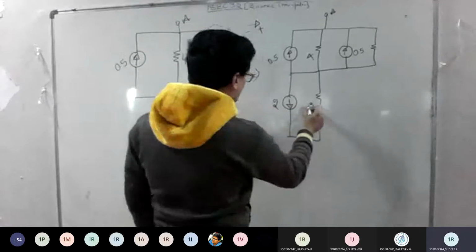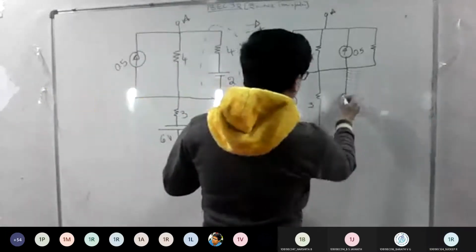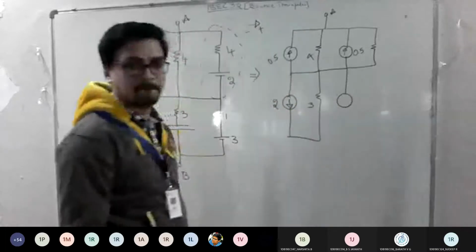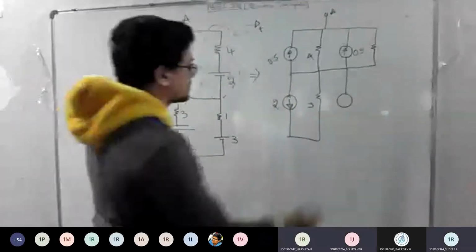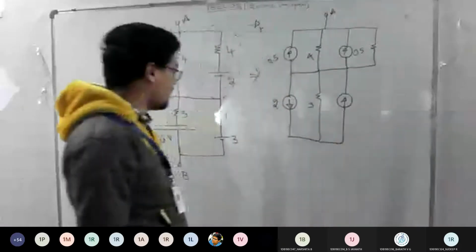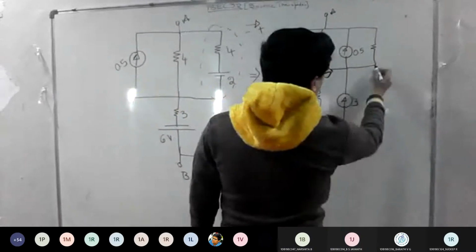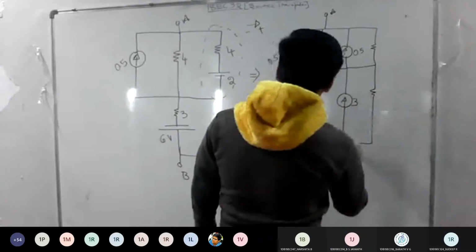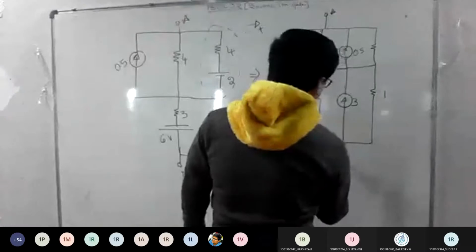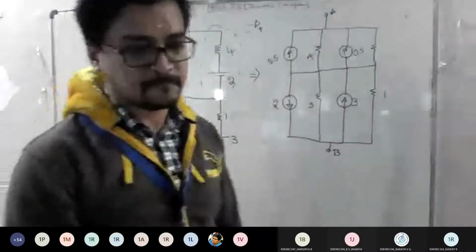So what about the parallel resistor? 3 ohm. Similarly, you have one more current source. Connect it here. The direction will be upward. Good. What is the value here? V by R, 3 by 1, so 3 amps. And connect one more resistor of 1 ohm here. So this is terminal B. Any doubts, anyone, till here?